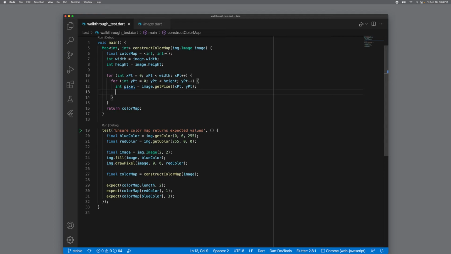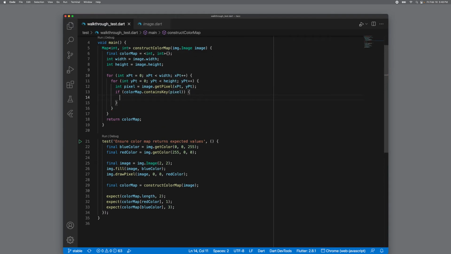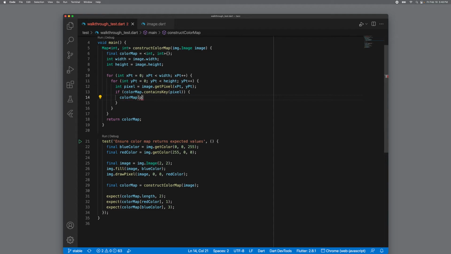And what we're going to do is we're going to go, now we need to add this pixel to the map. But we've got a couple conditions here. The map is empty now. It has no keys, no values. So first we're going to search through this map, and we're going to go color map.contains. If it contains the pixel, then we're going to go color map pixel equals,